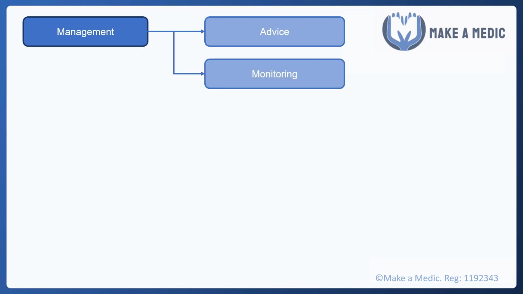In terms of monitoring, it may be that this is done in secondary care, depending how unwell the patient is, but if not, then they need at least annual reviews of their physical health in general practice, and this could include ECGs, blood tests, checking of BMI, depending on the person's current physical state. Specialist referral. This may be to specialist eating disorder services. It can also be thinking about their bone health, whether they need any referral. If they are under 18, it may be a referral to paediatrics. So it's important to get specialist involvement when required.